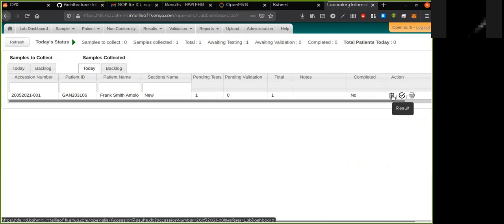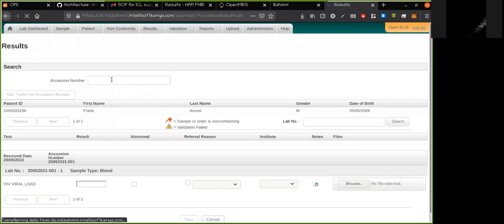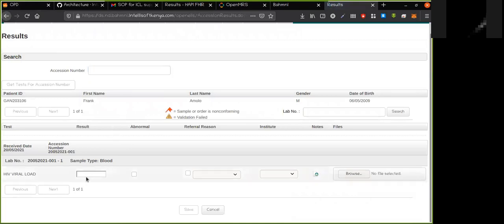Then I'll just provide the results in that case. So in this case, I'll just use 1300, which is a viral load result that is definitely above the 1000. So it's definitely not a suppressed viral load result.